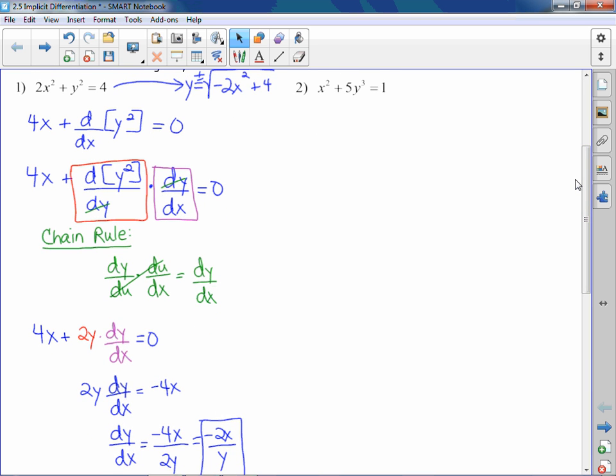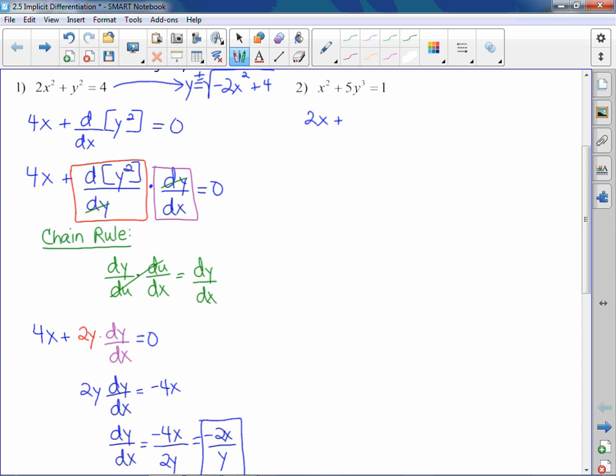x squared plus 5y cubed equals 1. Okay, x squared is easy. So we go ahead and take the derivative of x squared, and we get 2x, plus